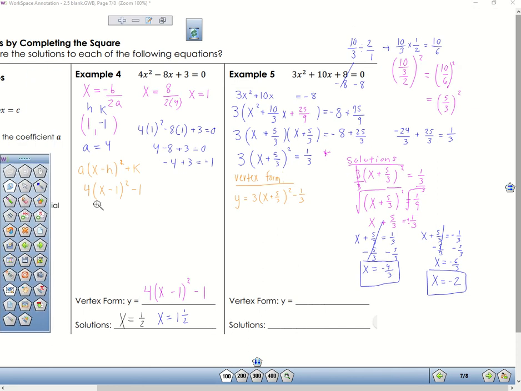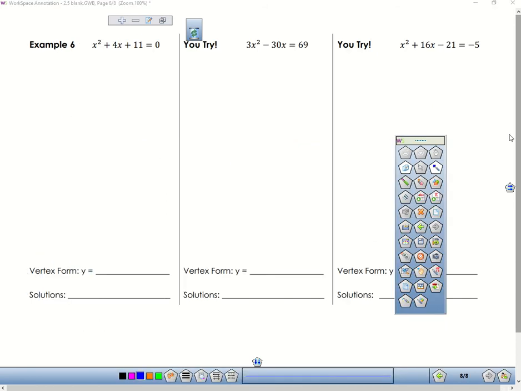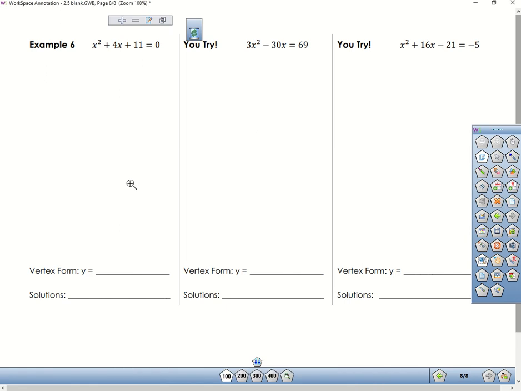There's all the work. Alright, we get to move on, or do you guys need a second? Alright, you ready to try an easier one? Let's try example 6, which is going to be a lot easier. So, example 6,